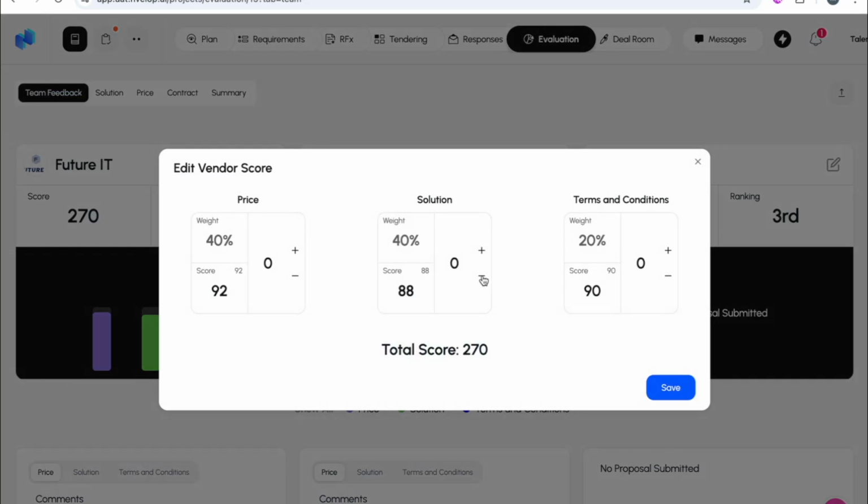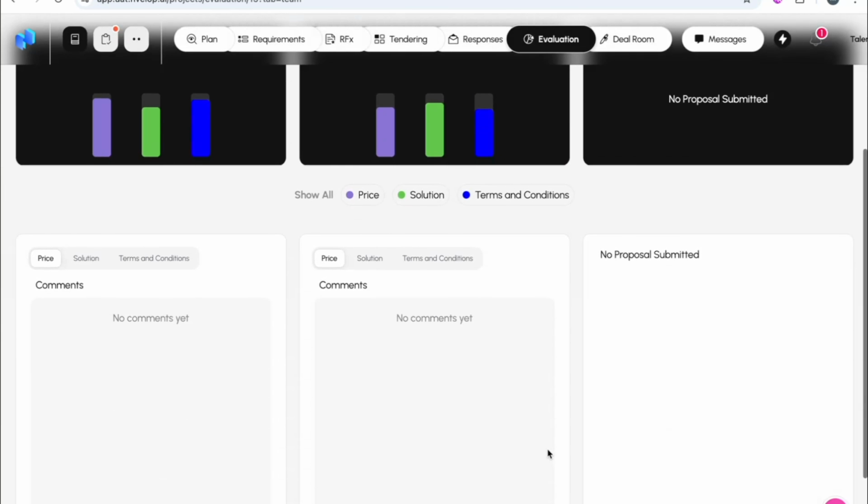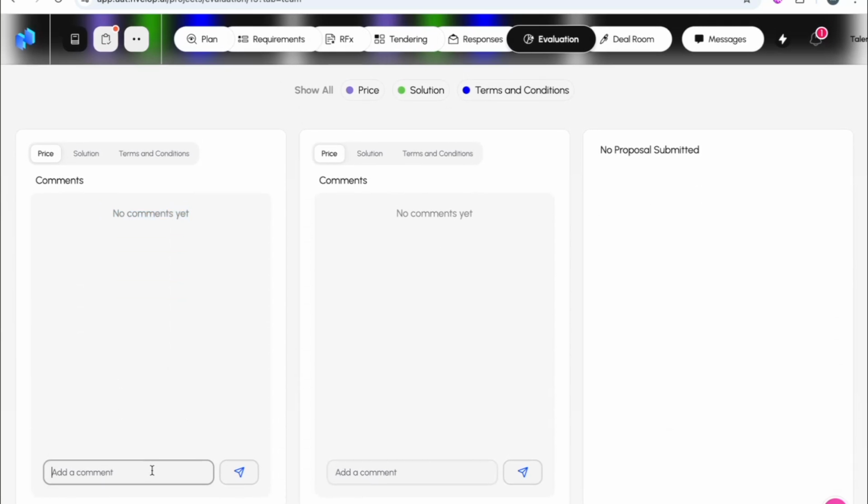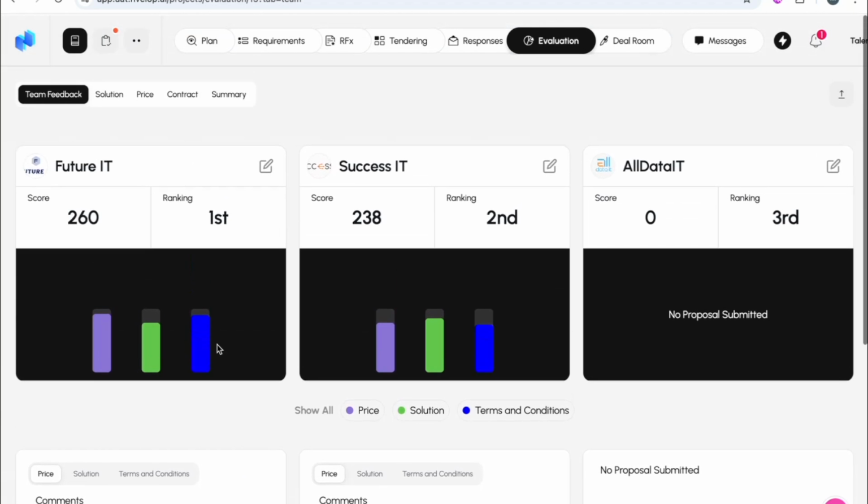Let's say after the orals, you find that the solution is not actually that great, and then you can adjust the scoring, and you can leave a comment that the integration solution was weak or whatever. So the team can use this to comment